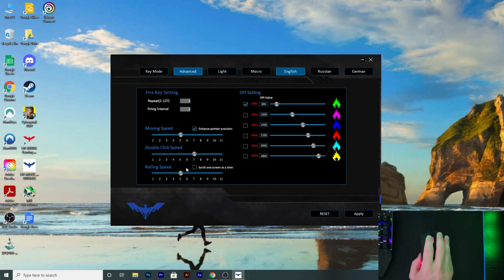Let's say if you're browsing in the web browser and you have to scroll, or a PDF or any other document, how fast it's going to scroll, or you can check this checkbox and it's going to scroll one screen at a time. Next we have DPI settings, and this DPI settings, there are 6 levels of DPI settings, and